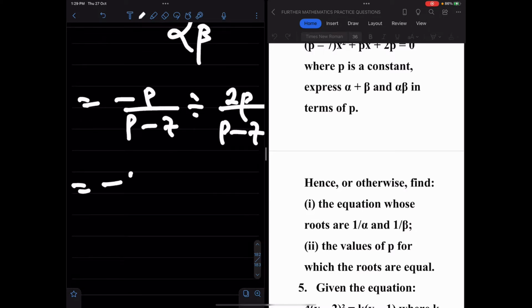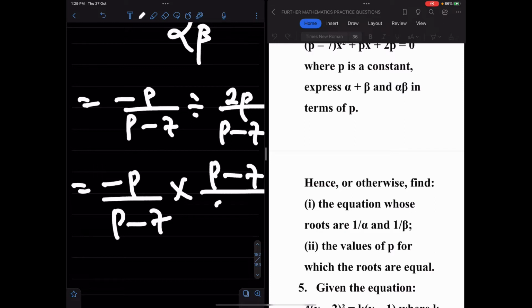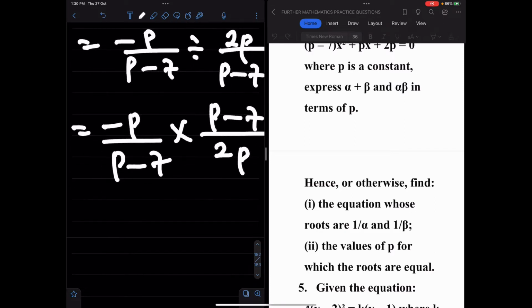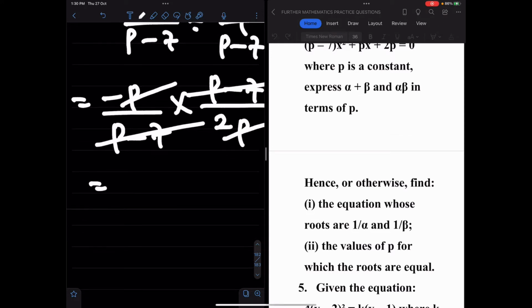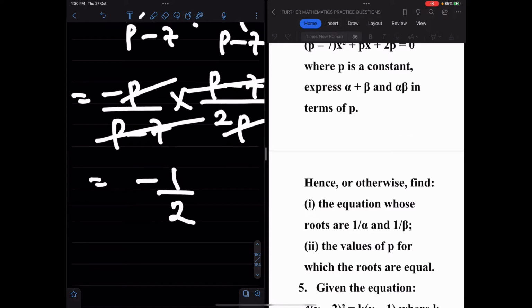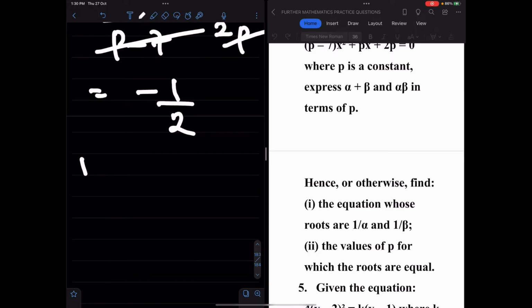And that's the same as minus p over p minus 7 times p minus 7 over 2p. And that simply means p minus 7 here 1, p minus 7 here 1, and that's simply the same as p here 1, p here 1. That's simply minus 1 over 2. Now the product of the new roots, which will be 1 over alpha times 1 over beta, is equal to